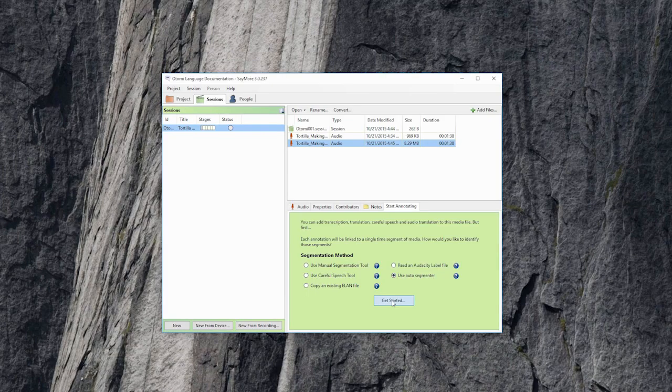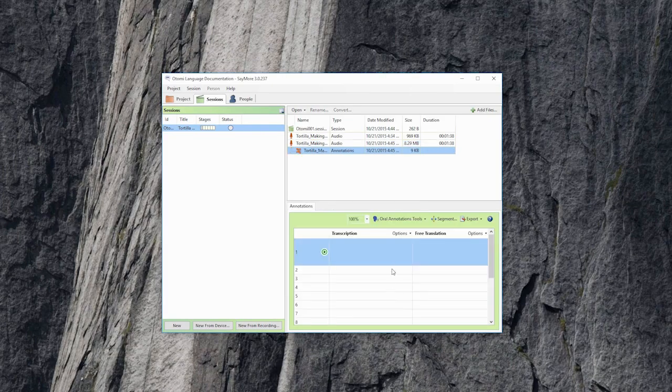Okay. And basically what it will do is it will listen to the entire recording and look for silence, which is a pause, and then it'll divide the recording into segments based on that. So I'm going to click Get Started. Okay. And you can see that now SayMore has turned this recording into 7 small clips. Okay. And you can see there's a little play button here. So if I play this,